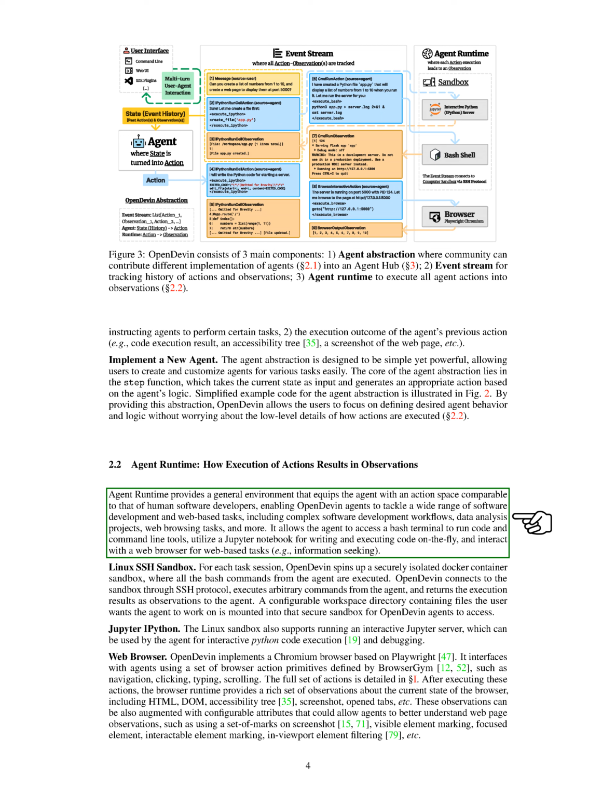For each task, we create a secure and isolated environment using a Docker container, where all commands from the agent are executed. We connect to this environment through a secure protocol, allowing the agent to run commands and receive the results as observations. We also set up a workspace directory within this secure environment, where users can place files for the agent to work on. Additionally, the Linux environment supports an interactive Jupyter server, which our agents can use for executing and debugging Python code.